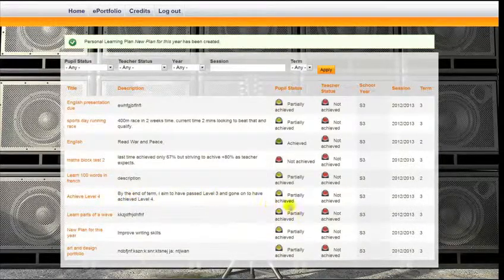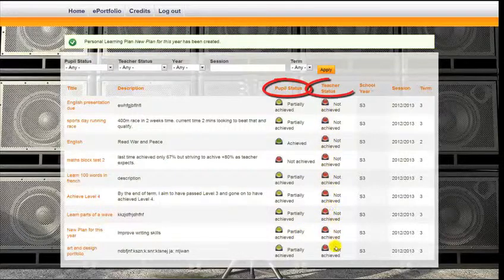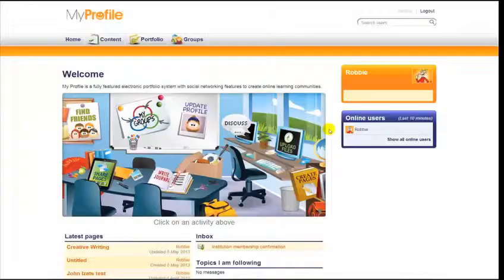And the real attraction of this summary page is that it's clear to see where the pupil's opinions on the status differs from the teacher's opinions on the status. Let's now go into the ePortfolio section, and you'll see that there are two areas, the content and the portfolio